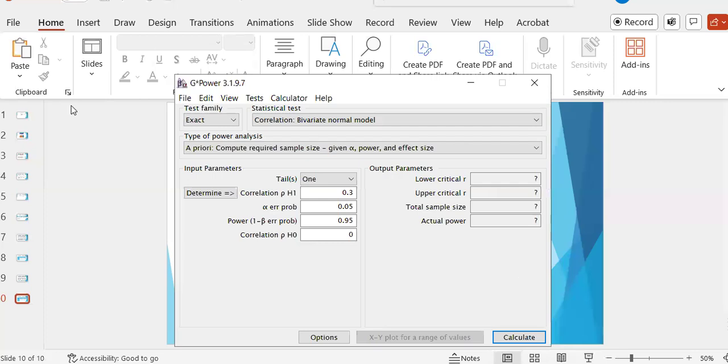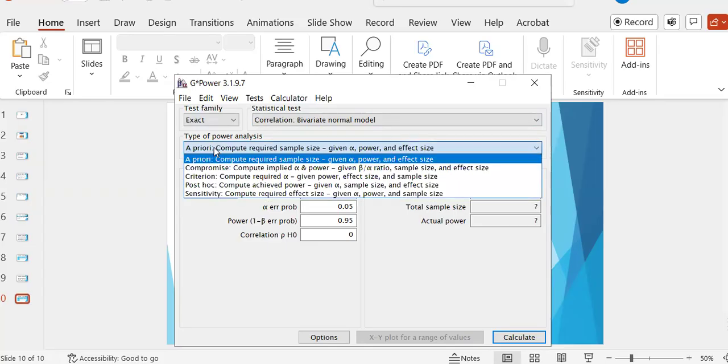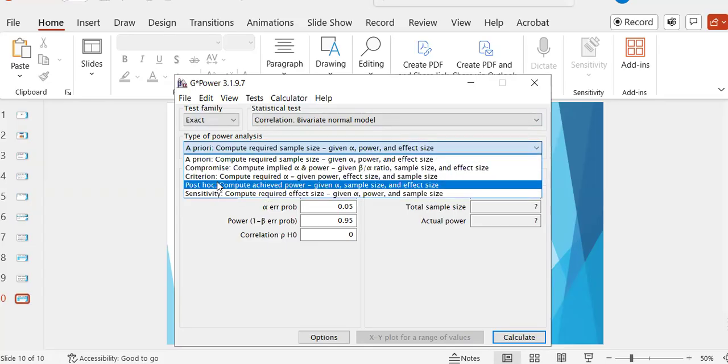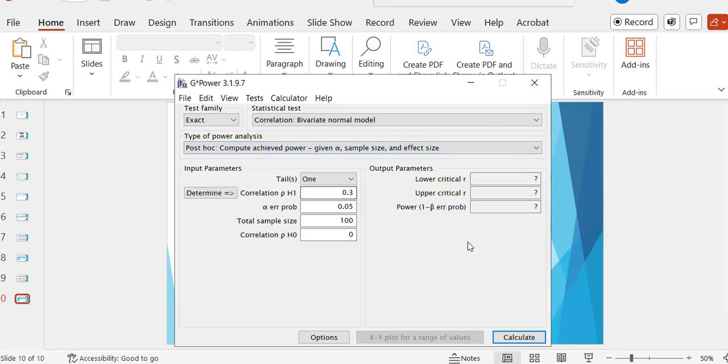I have G-Power open to perform the power analysis for a Pearson R here. You can see my test family, all of my menu systems set up. Now, one thing we do need to change and what's different from a traditional a priori power analysis, this alternative is going to have to use a different menu system. Instead of a priori in the type of power analysis menu, we are going to need to pull down and choose the post hoc choice here, because we're going to have a fixed N of 100,